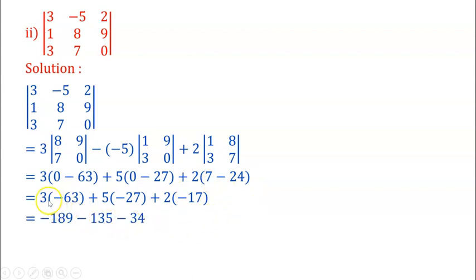And next evaluation, that is 3 into minus 63, you will get here minus 189, plus 5 into minus 27, minus 135, 2 into minus 17, minus 34, and hence the answer is minus 358. Okay,